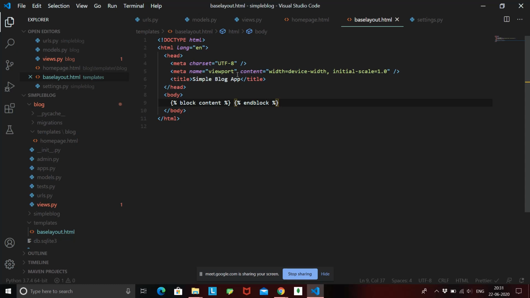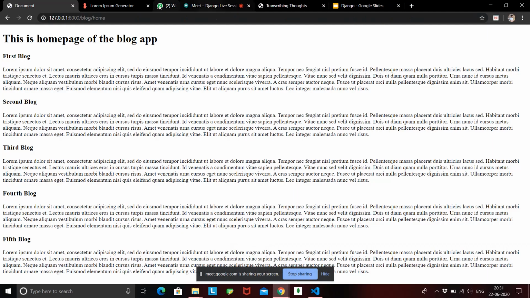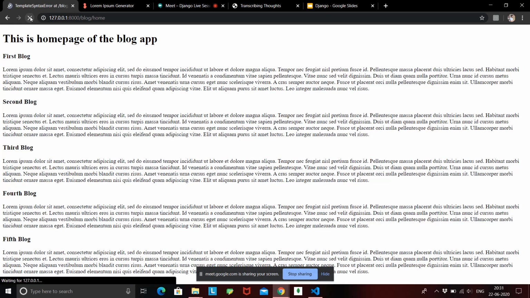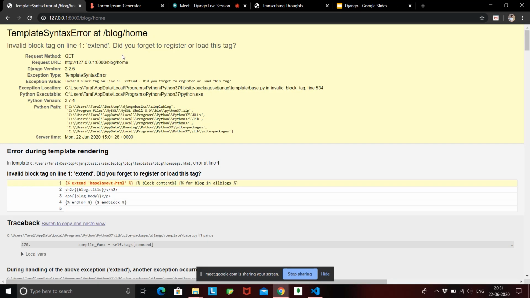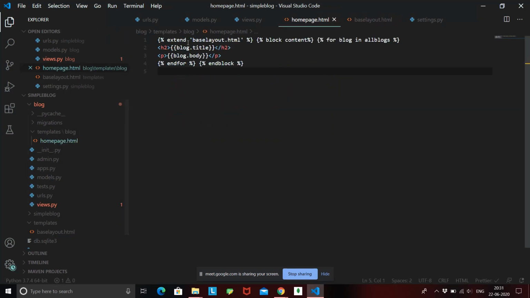So now let's see what is the output of this code. If we go back to our page, extend is not a keyword, it is extends.